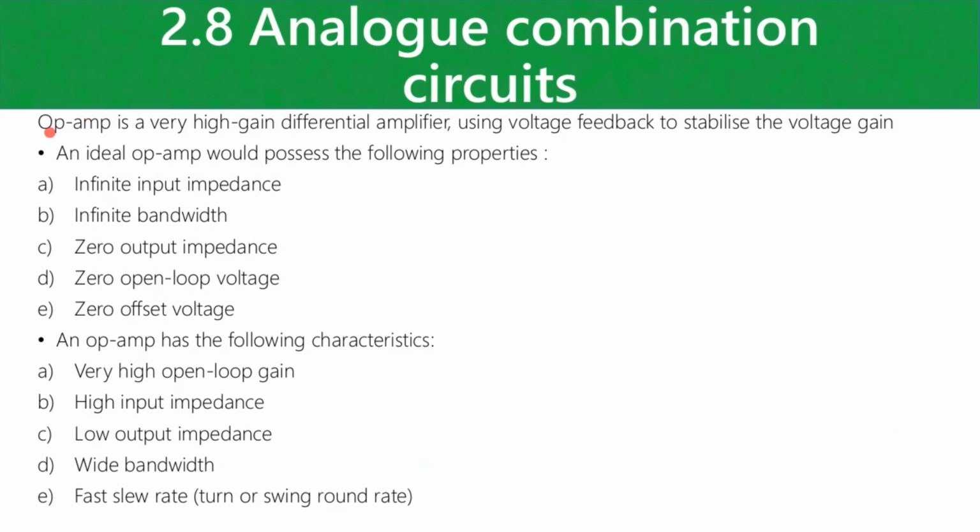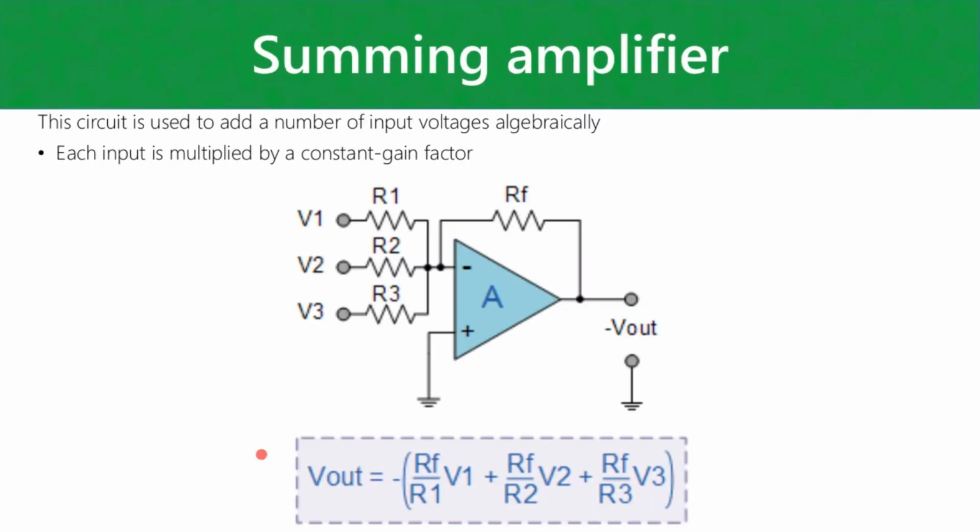Okay, so then there are some ideal and non-ideal characteristics for op amps. You guys should just go read through that. I'm not going to spend too much time on that. I actually just want us to take a look at some examples. I'm going to quickly go through the summing amplifier. As you can see, this is essentially just an inverting amplifier. Now, don't get frightened by this kind of circuit. It's actually very easy to solve,